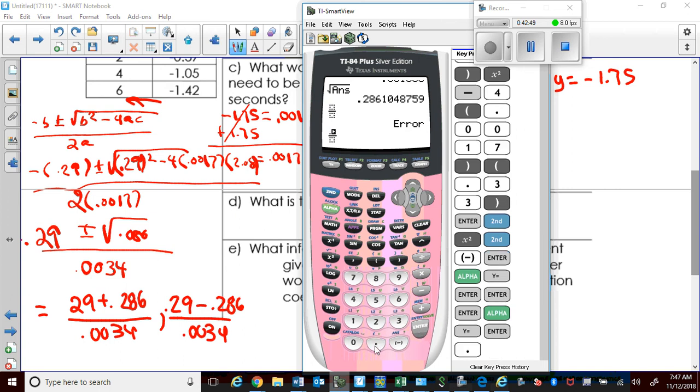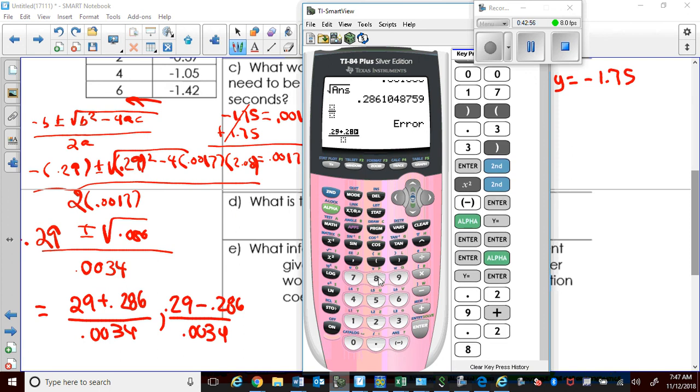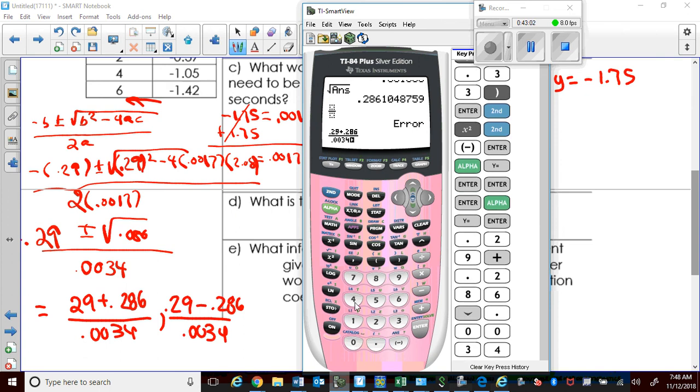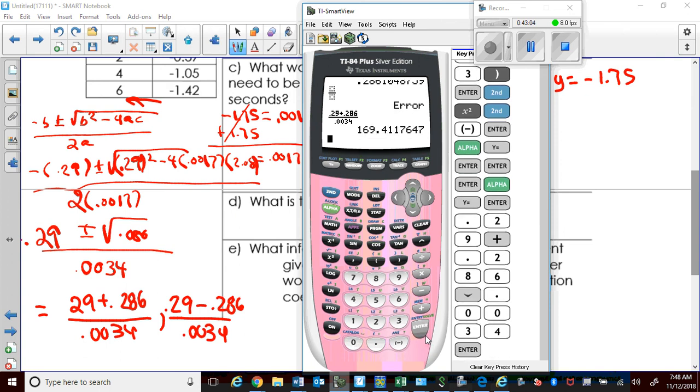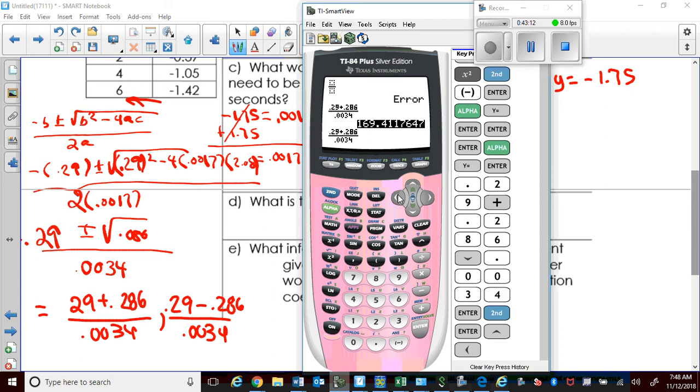I get 0.29 plus 0.286 divided by 0.0034. Enter, and there's my first answer. That's a big number. And my second answer, that's a big number. My second answer,